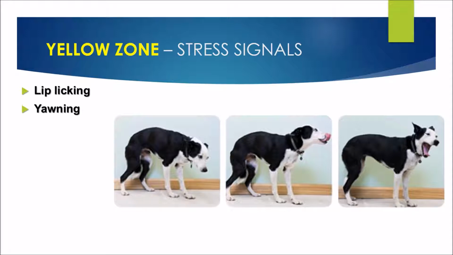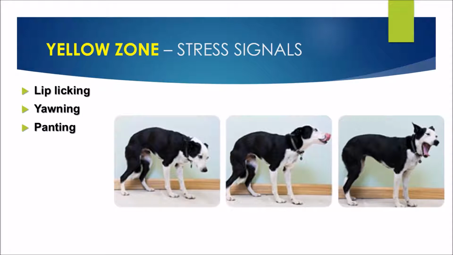Yawning is another displacement behavior. If you've been out walking with your dog, they get home, they do a big yawn, they stretch, they go to their bed, they collapse and go into a nice comfortable sleep, chances are they were tired. But if your dog just got up in the morning and you've popped him in the car, and he's not really a fan of the car, and he's sitting there, he's not tired, but he's a bit stressed about being in this environment, and you see some big yawns, those are stress yawns that you're observing.